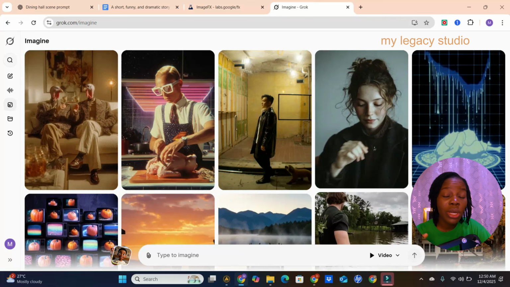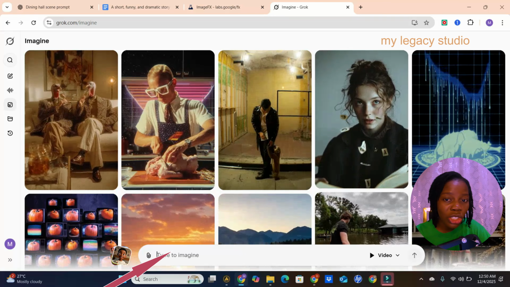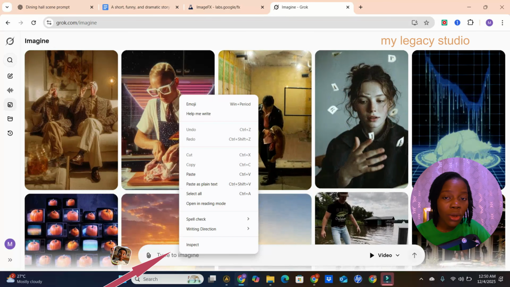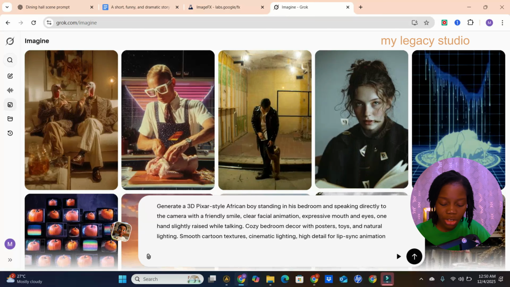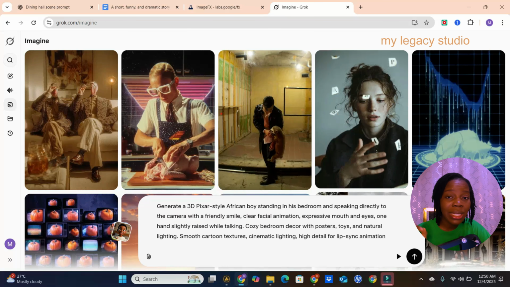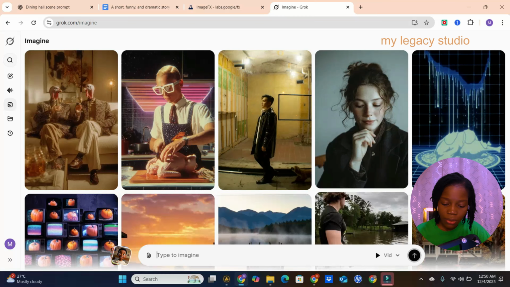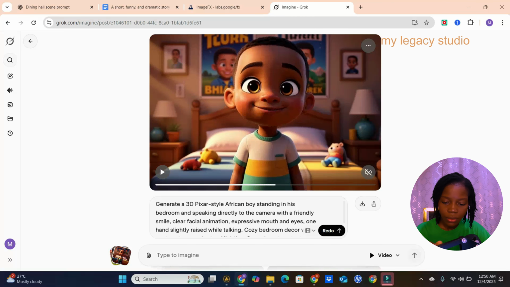So you tap on it like this and then come to this section and enter your prompt. So right click inside and click on paste. So this is a prompt. All we're going to do is hit the generate button like this to generate a video. All right, so you can see this one has generated the video animation right away. So now you can see this one has generated the video instead of an image. So that's how the imagine works. But if you are looking for an image before converting it to a video, then you have to use the